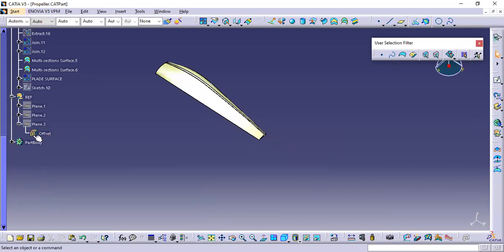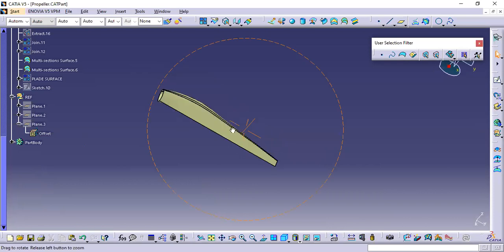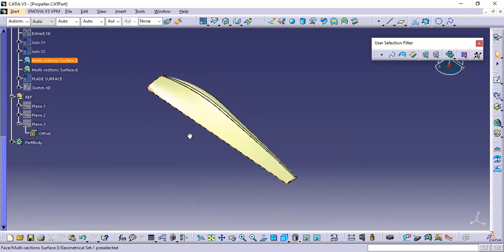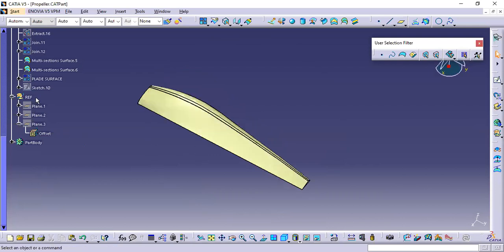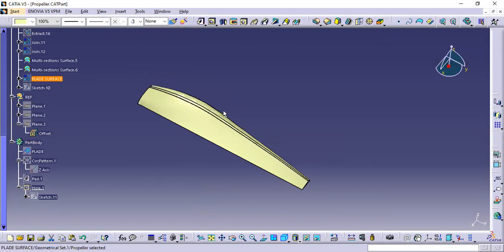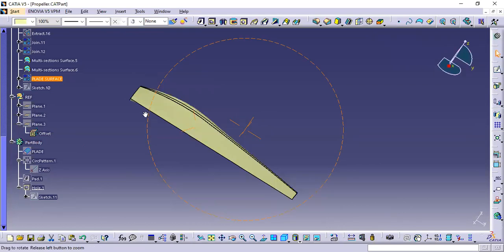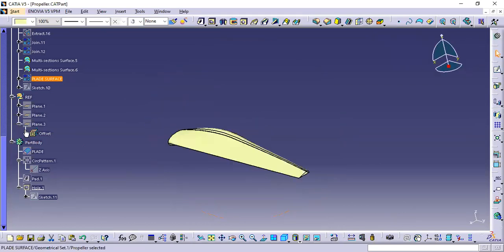So after we are satisfied with our measurements and all the dimensions of our planes, we can just move on to the body parts, and let's go to the part design. What you want to do in the part design is create a 3D solid model out of your surface. And to do that, you have to,